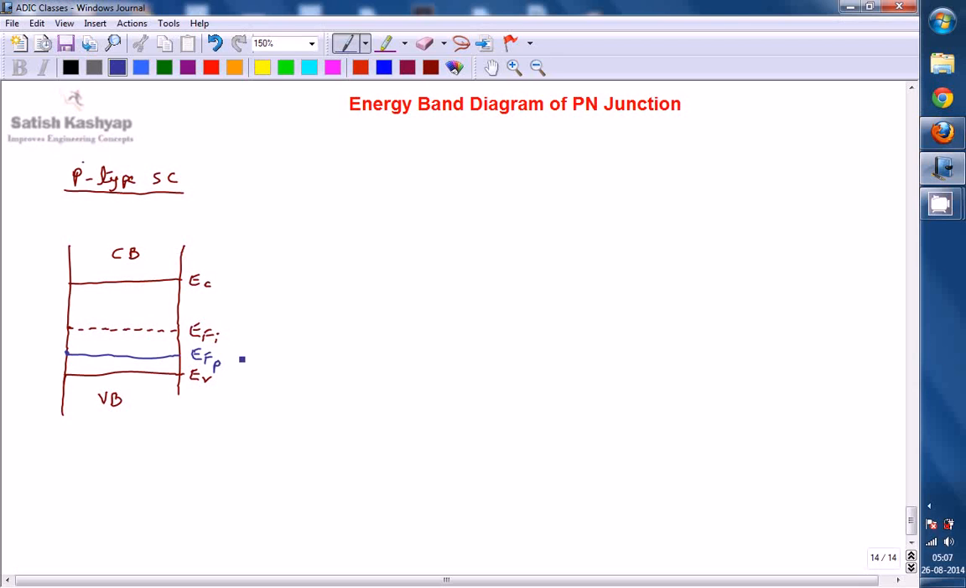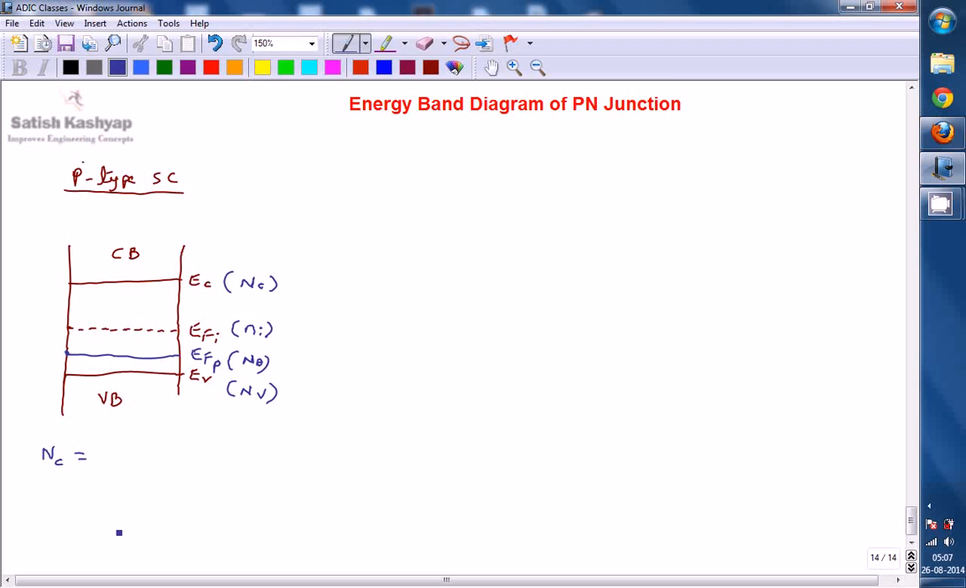So EFP is related to NA, the number of acceptors, and EFI is related to Ni, the intrinsic carrier concentration. EC is related to Nc, and EV is related to Nv. Nc is the effective number of energy levels present in the conduction band, whose value is